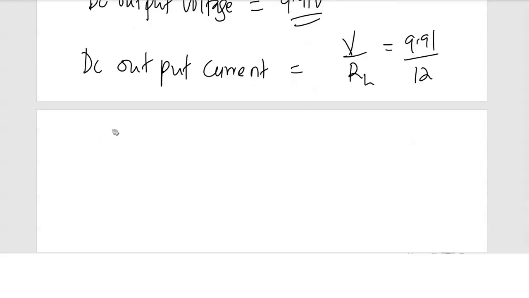So the output current would be 9.91 divided by 12 times 10 power negative 3. So 9.91 divided by 12 gives us